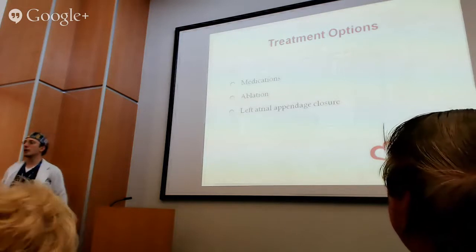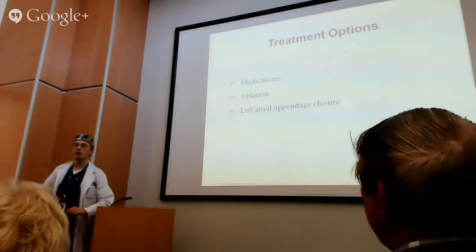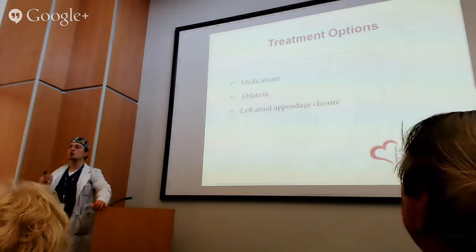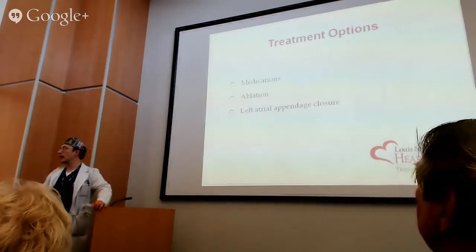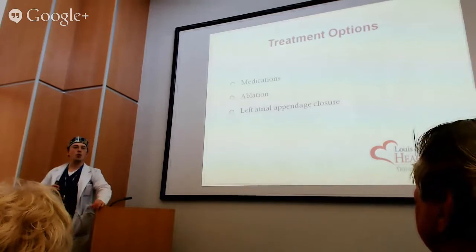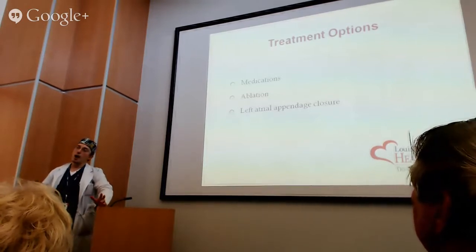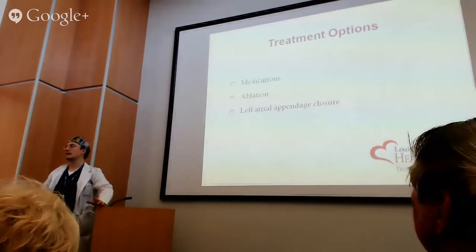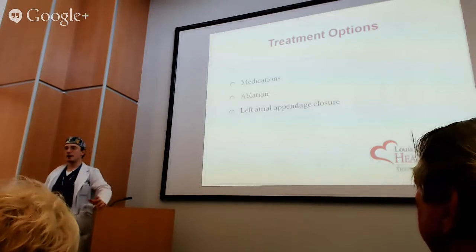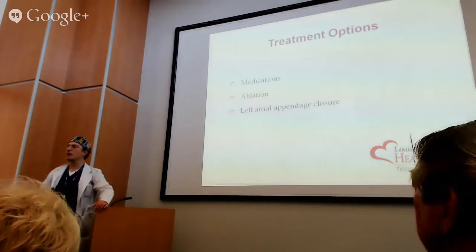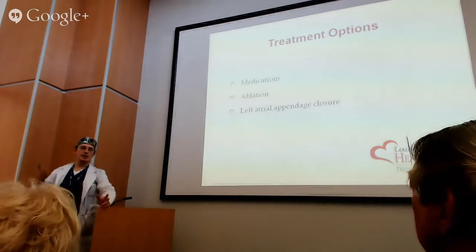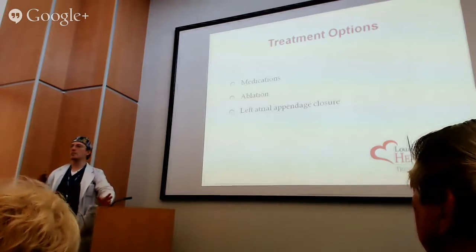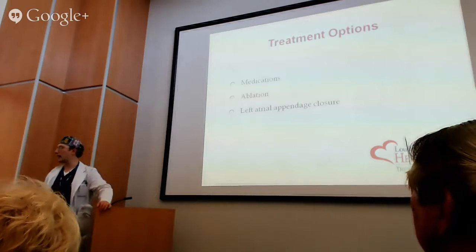So there's a number of treatment options that we have, and there's a number of things that we can do to try to reduce these symptoms and reduce the risk of stroke. There are generally 3 categories of treatments that we have. One thing that we've had for decades is medications, and that's kind of self-explanatory. There's a number of medicines that we can use to control atrial fibrillation. This is something that we've had for many, many years. It's common. Everybody has it.